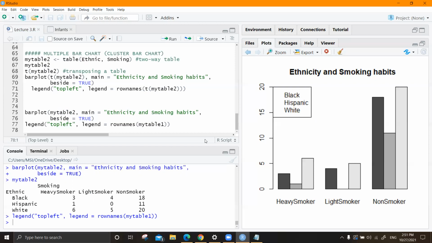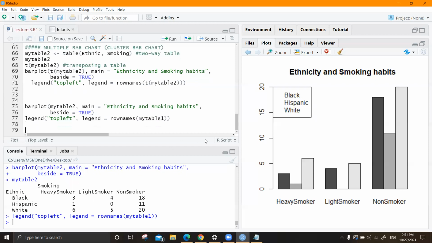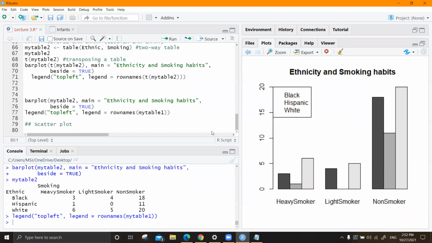Then regarding the scatter plot, scatter plots are usually drawn to show the relationship between two quantitative variables, basically two continuous scale variables.